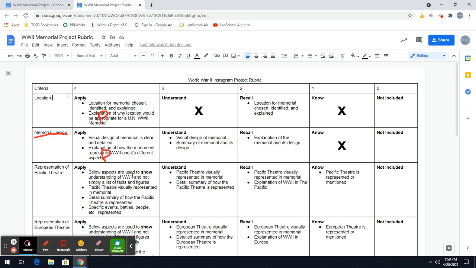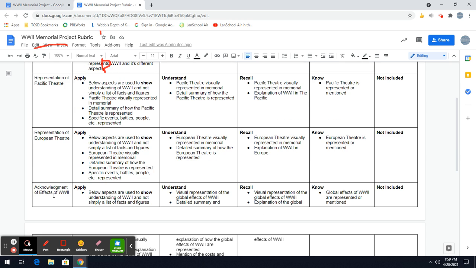So if we keep going down, here's where the representation parts come in. So first and foremost, you have to show these things in your memorial. So you're showing representation of the Pacific Theater. You're not just explaining it. It's visually represented. In your pitch, you're then explaining the Pacific Theater and you're explaining how it's represented. The same thing goes for the European theater. You're showing that it's represented. You're using symbols. You're using maybe some words, some quotes, but then in your pitch, you're giving the summary